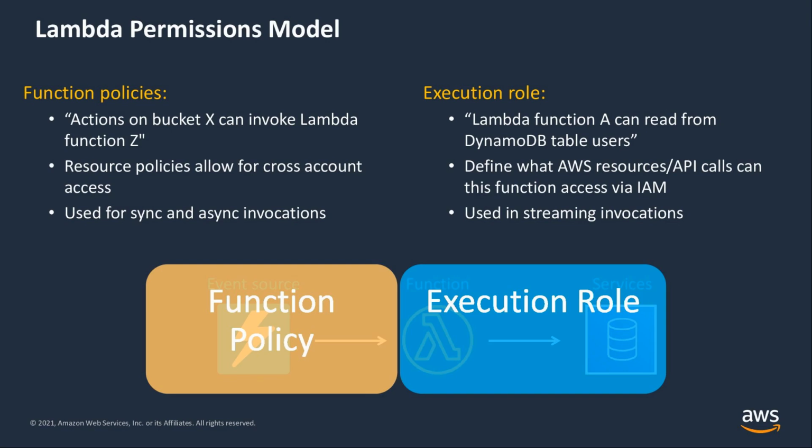A Lambda function also has a policy called an execution role that grants permission to access other AWS services and resources. At a minimum, your function needs access to CloudWatch Logs for log streaming, and that's it. Lambda also uses the execution role to get permission to read from event sources when you use an event source mapping to trigger your function.